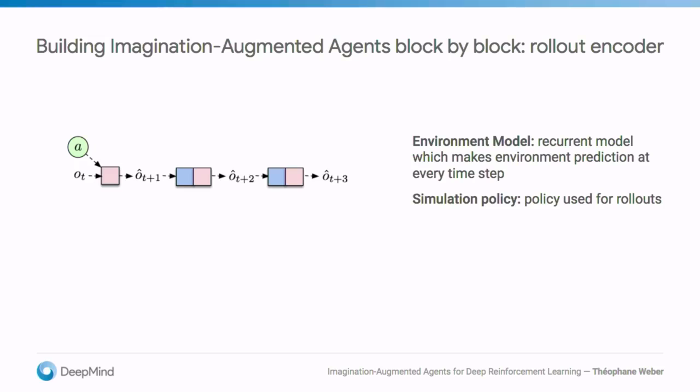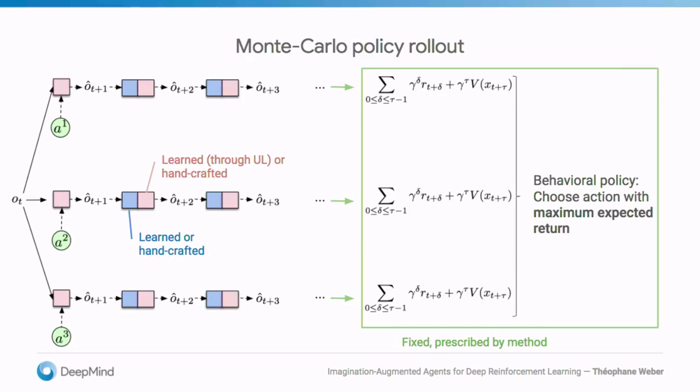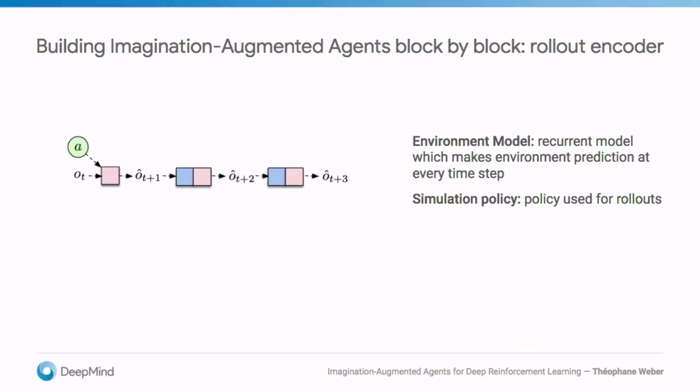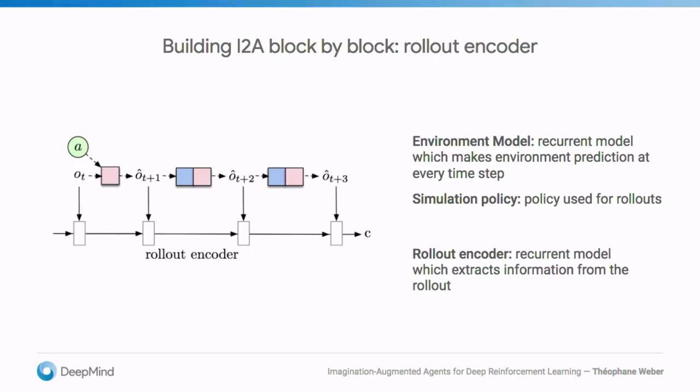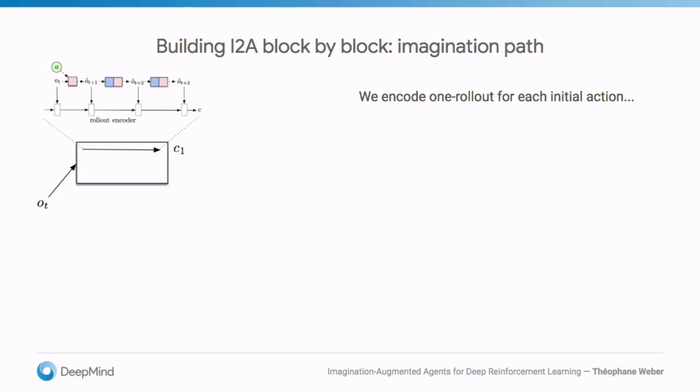Okay, so we're going to build Imagination-Augmented block by block. So I go back to my picture of a rollout. And instead of just summing the rewards, we're going to learn to interpret, learn to extract information, squeeze the trajectory for what is valuable inside it. So we'll do this very simply by taking a neural network. In this case, we take an RNN, which is going to take the observation one by one and output some form of code.